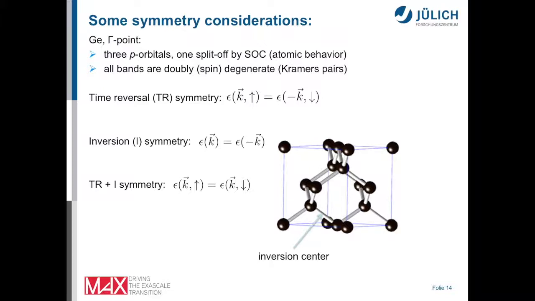The system is non-magnetic, and time reversal symmetry means if I exchange k and minus k and spin up and spin down, then the energy is unchanged, and inversion symmetry allows me to change k and minus k. So in combination, for each state k, the states for spin up and spin down are degenerate, and this is what we have seen. Now if we break inversion symmetry,